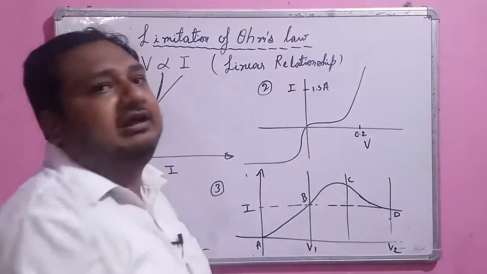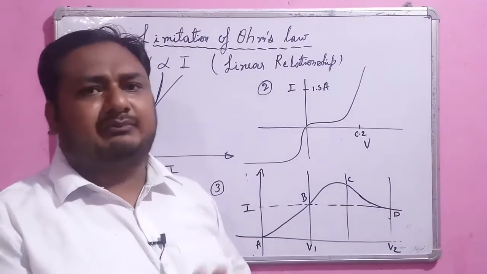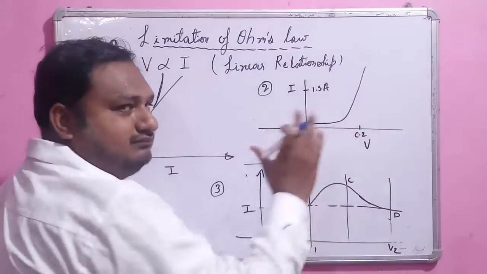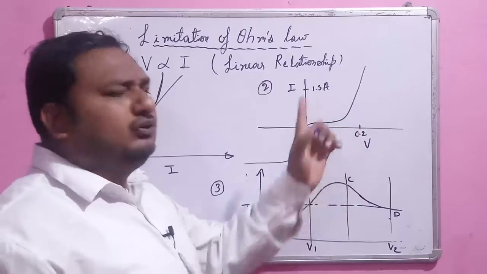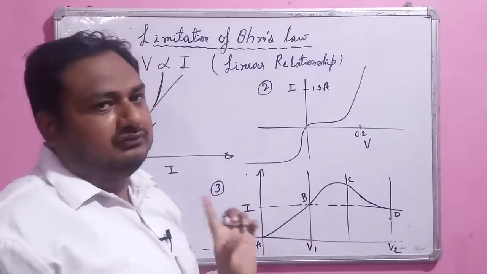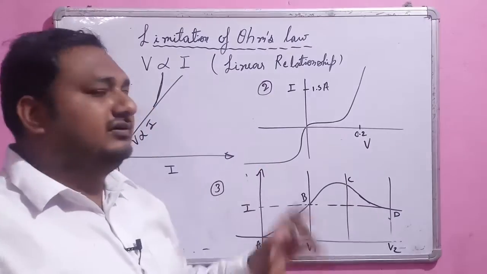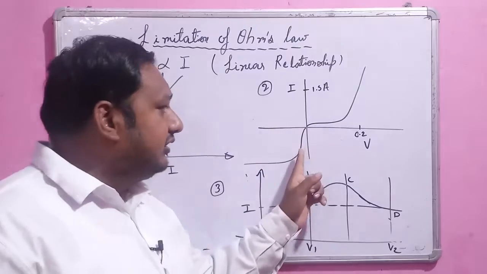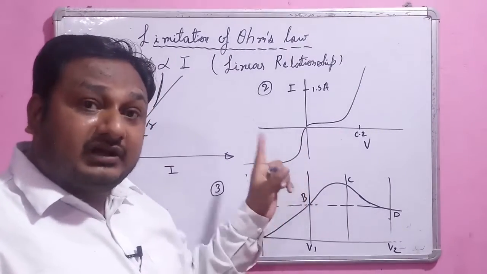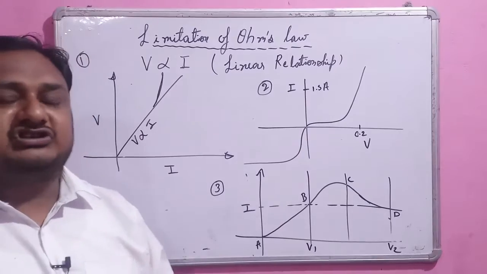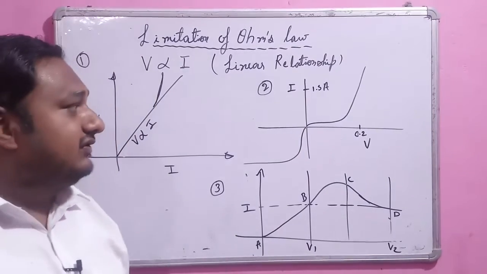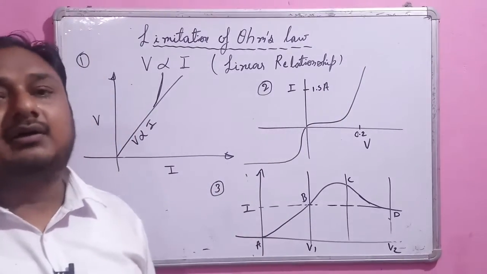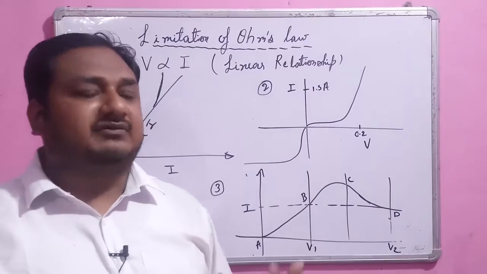Now if you reverse the polarity, or you can say if you change the plates of the conductor, then keeping the magnitude fixed, suppose for 2 volts we are getting 2 amperes on this graph, for 2 volts now you are not getting 2 amperes of current. That is the meaning: on reversing the direction of the current or potential difference, we will not get the same value. So this type of relationship is shown by various diodes or semiconductors.